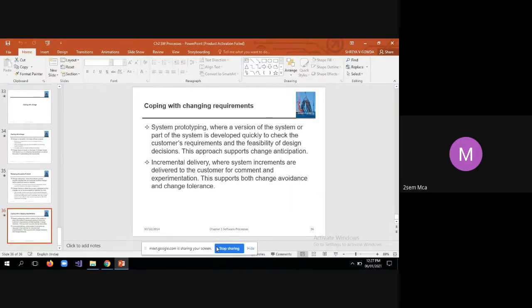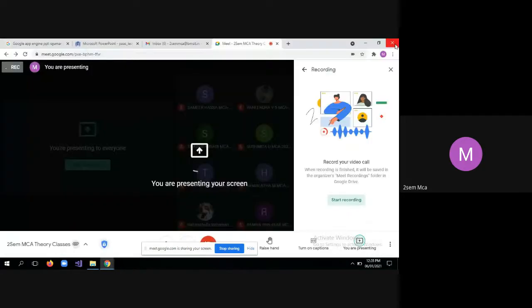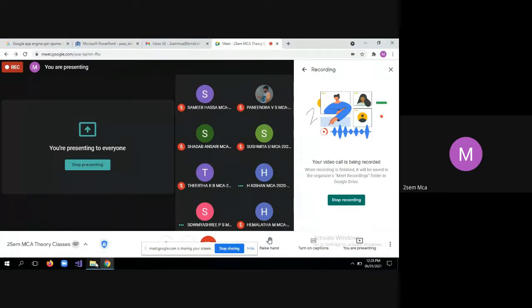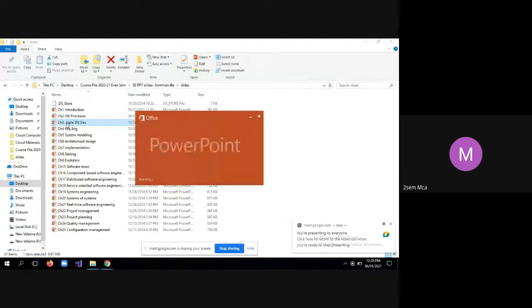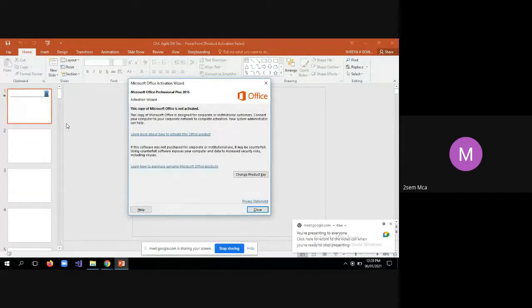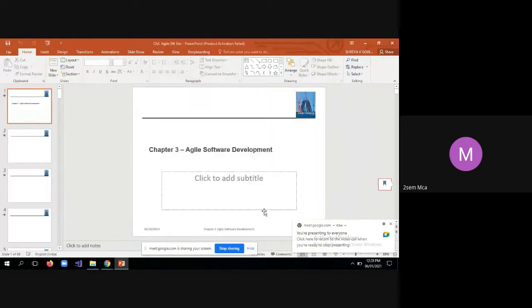Okay, that's it with coping with change requirements. So as per textbook, we have completed 2 chapters, but in terms of syllabus coverage, not even a single module is finished. So we have to start chapter 3, which is also part of module 1. Look at your syllabus: if we study 3 chapters, that becomes 1 module. Syllabus is vast.